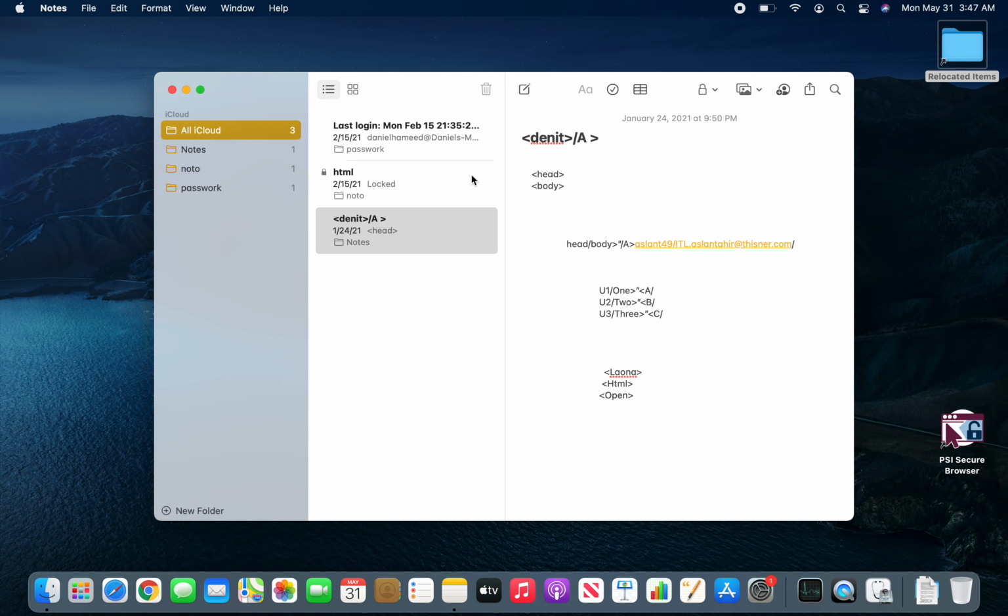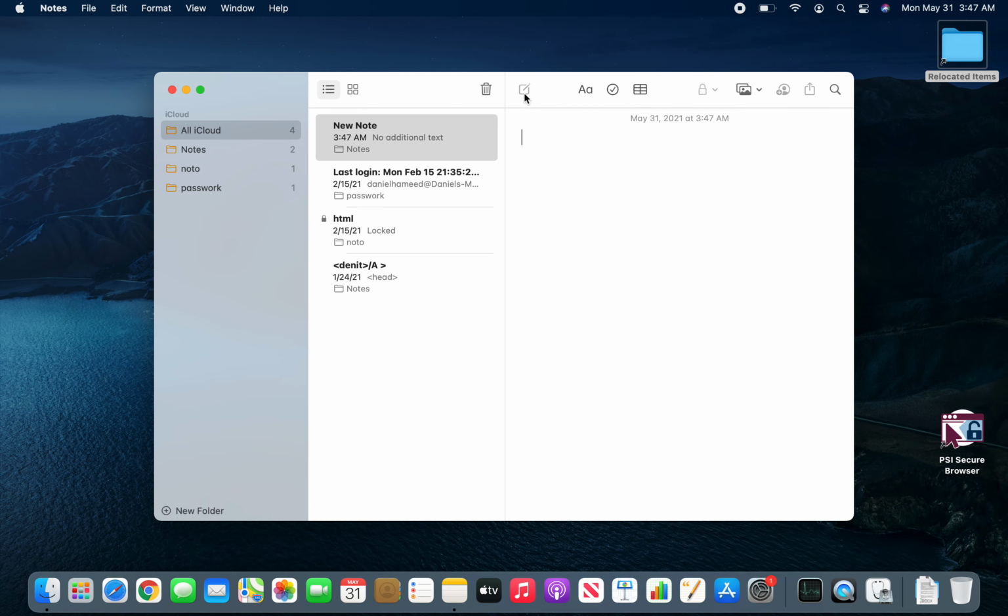So here, Notes you can launch from the dock, and the only thing is it's pretty straightforward. If you want to write a new note, you write a new note. The first line is always going to be your title. For example, I would write